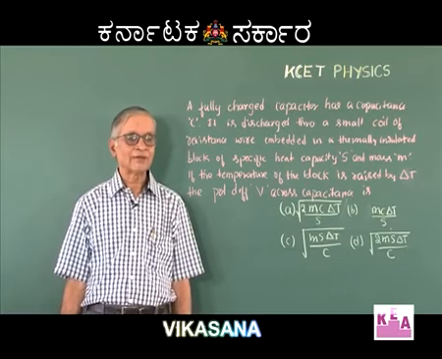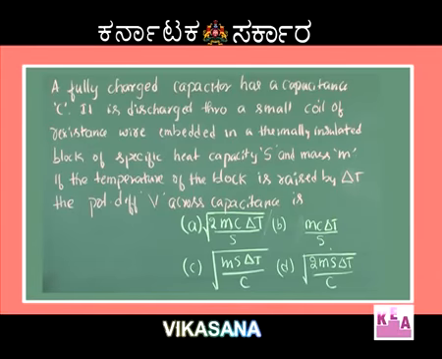Now, I will go to the next question. A fully charged capacitor has a capacitance C. It is discharged through a small coil of resistance wire embedded in a thermally insulated block of specific heat capacity S and mass M. If the temperature of the block is raised by delta T, the potential difference V across the capacitance is